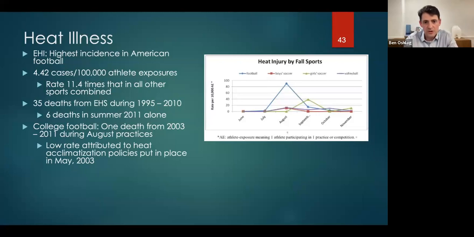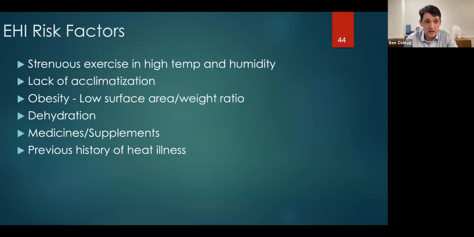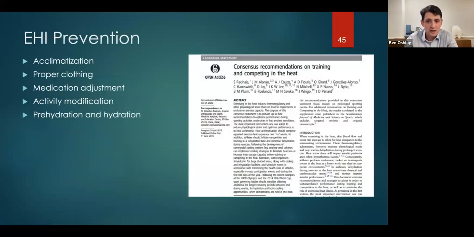They've put in a lot of precautions to try to avoid this. We can talk about some of the risk factors and some of the things you can do to mitigate those. So strenuous exercise and high temperature and humidity, lack of acclimatization, obesity, dehydration, certain medicines and supplements. And then anyone with a history of heat illness, you have to have a higher index of suspicion there if